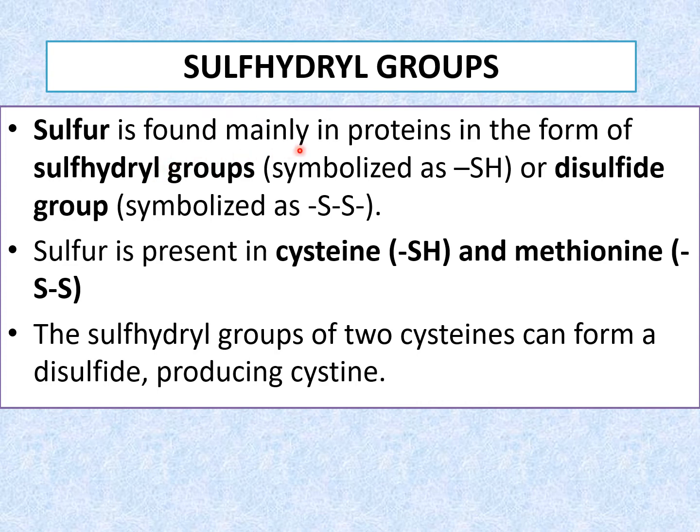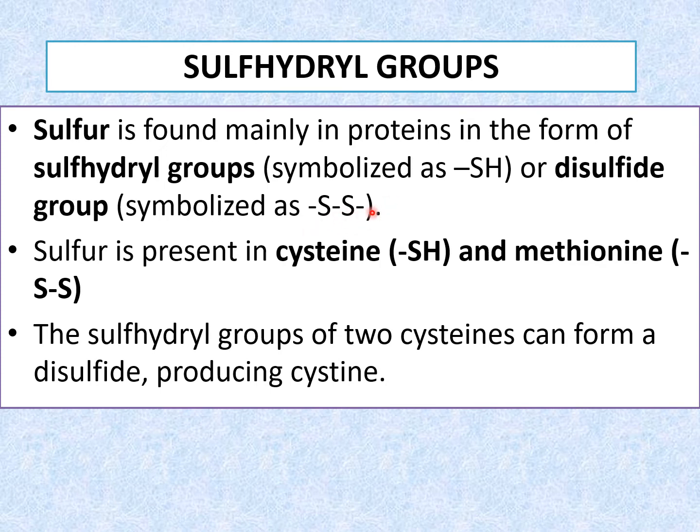Sulfur is found mainly in proteins in the form of sulfhydryl group, which is symbolized as SH, or one sulfur atom being bonded to a hydrogen atom, or disulfide group, which is symbolized as SS, wherein there are two sulfur